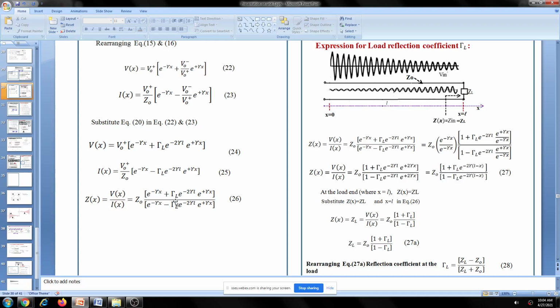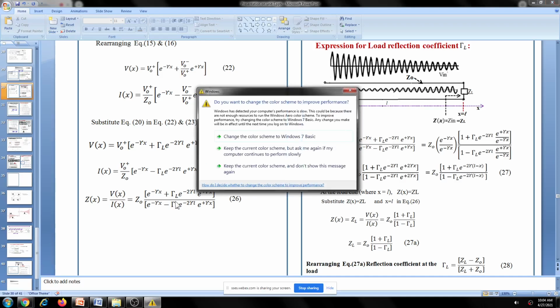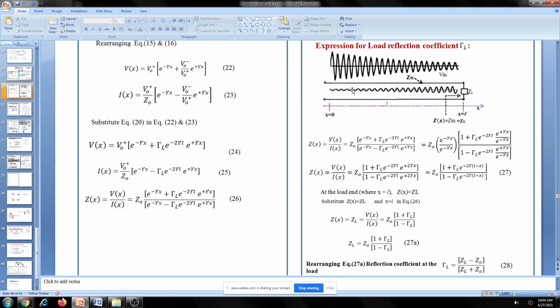Using that property, we implement many passive devices like a phase shifter, capacitor, inductor, resistance, and also filters, combiners, and power dividers. This finds many applications, so that's why we are giving more concentration to the input impedance of the transmission line at any position. As we move like this, the impedance changes, and it is a function of distance.